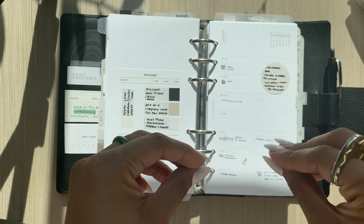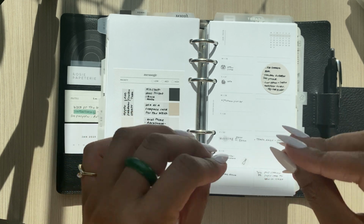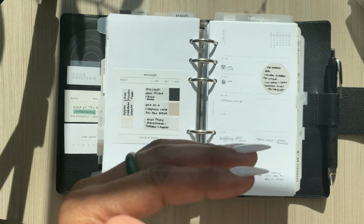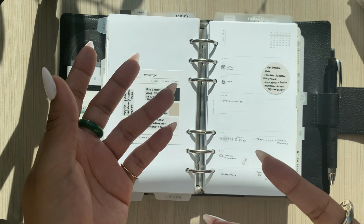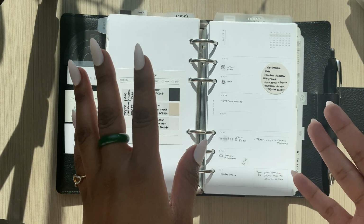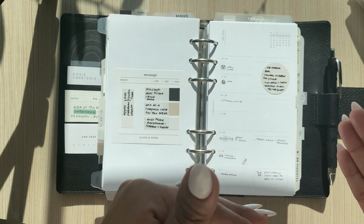The way she navigates through her planner, I love all of her. I watch all of her videos. Mind you, we don't even have the same planning style, but I just love all of her videos. And she talks about what comes from using the Franklin Covey compass cards, and I love just how she uses them